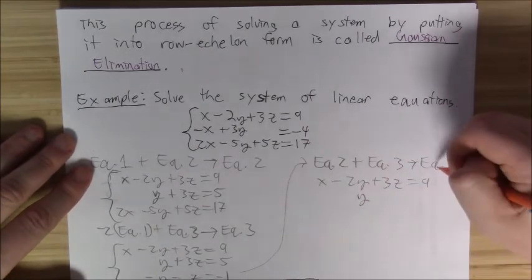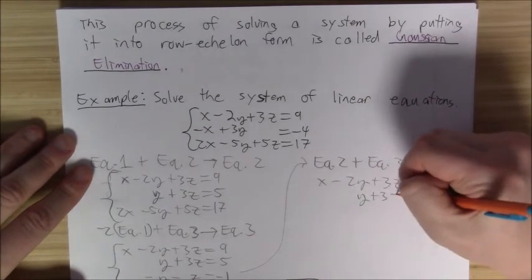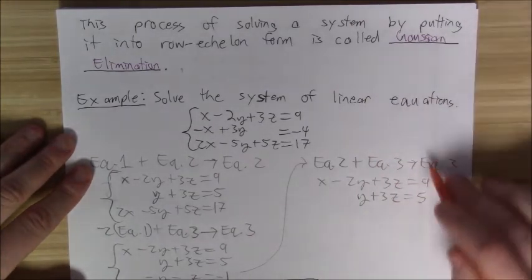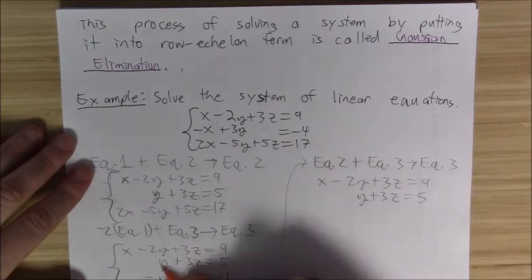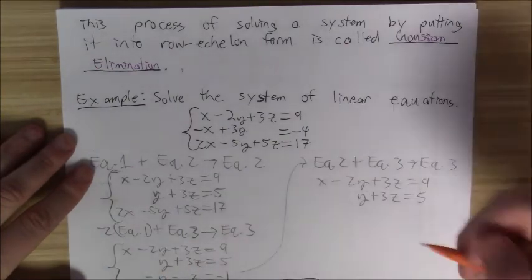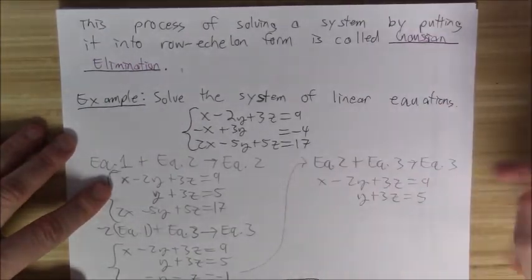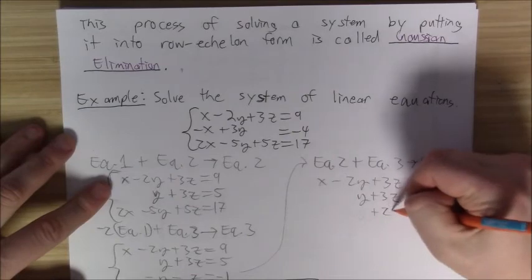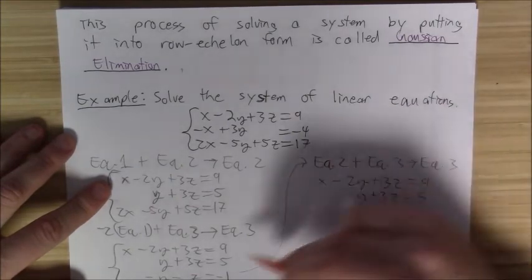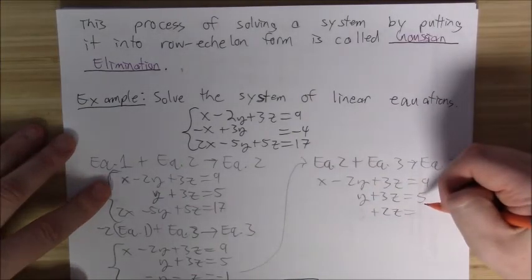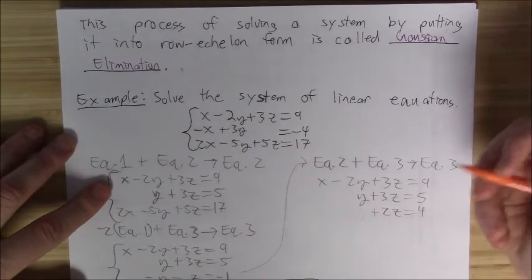Equation 2 is also unchanged. And adding these, I get a new equation 3, so I would get 0 there, 0y, so why bother writing it, plus 2z equals 5 plus negative 1 is 4. And then finally,